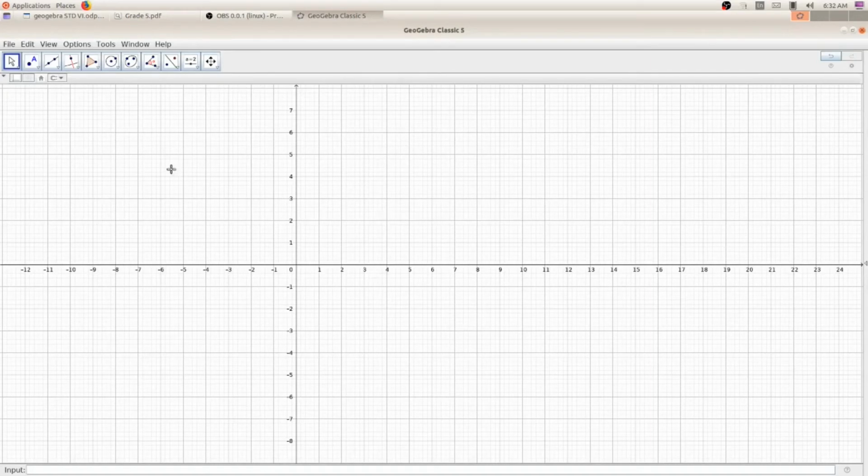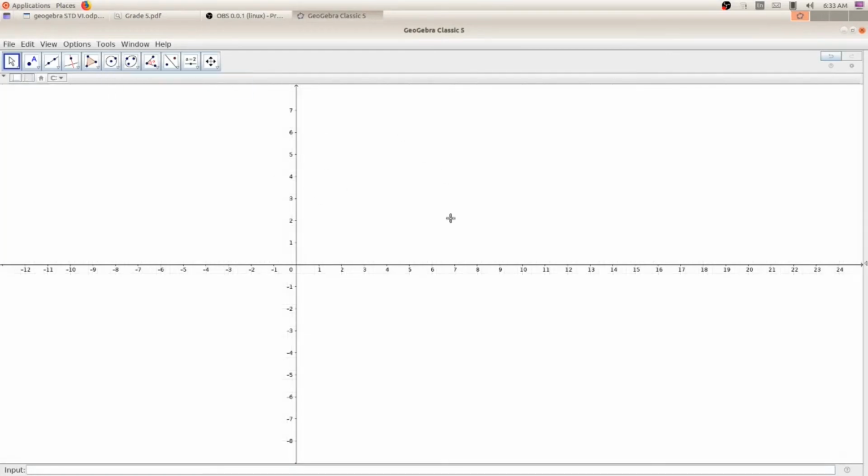Now at the top left corner, can you see this one? This tool is known as show or hide the grid. It is written there. At the top left corner, can you see here? Show or hide the grid. Click on that.